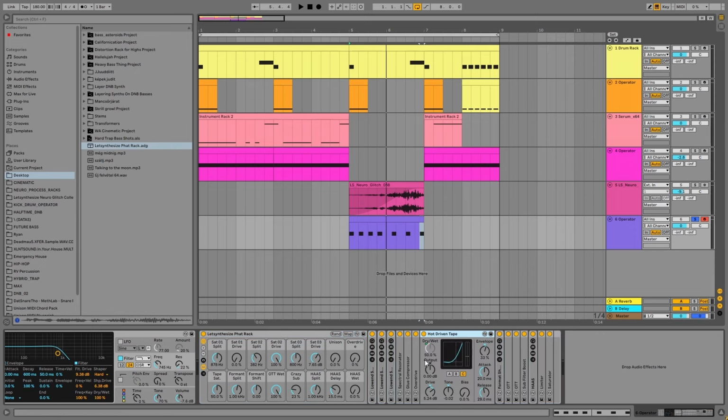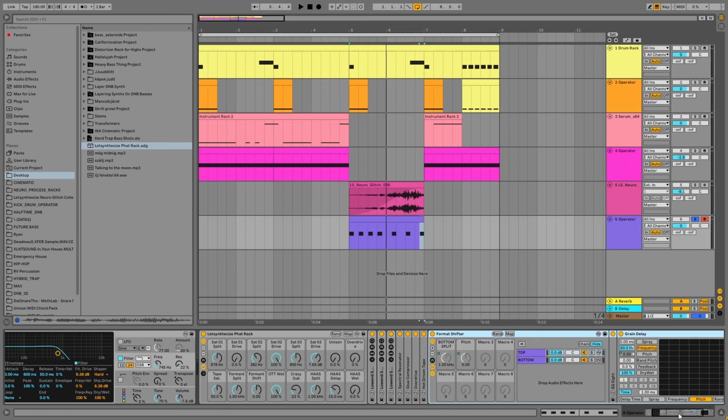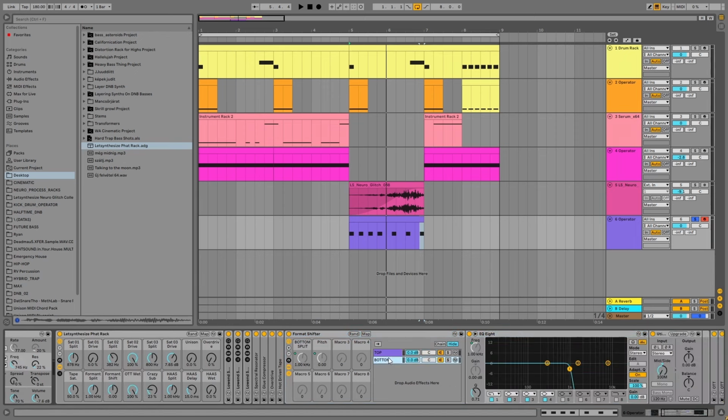Okay, we have a tape saturator. So as you can see, we have lots of saturation, lots of distortions here that really creates a very hard sound. Now there is a formant shifter. This is a very nice rack. You can see here formant split and the formant shift knob. Now this is a band splitting rack. As you can see, we have a top band, we have a bottom band, and on the top band I